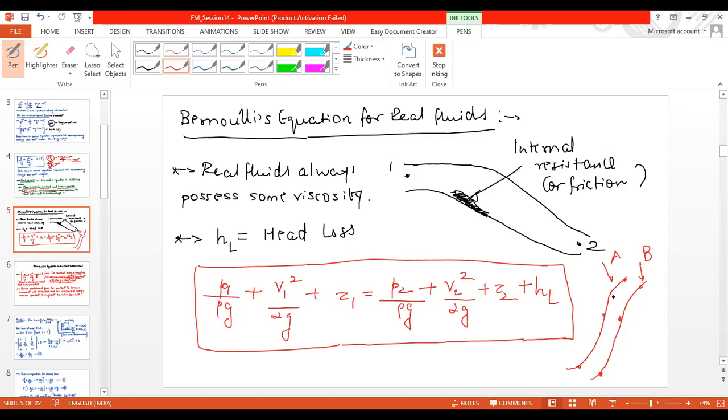No, sir. There will be a change in mechanical energy. So the equation which we derived initially is valid only when we travel along a streamline. But if we switch between two streamlines, if we move from streamline A to streamline B, then the mechanical energy is going to vary. That means here the value of the constant will be something, C1, and here the value of the constant will be something else, C2.